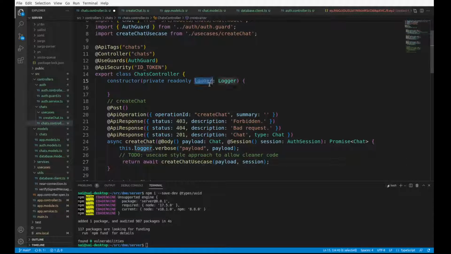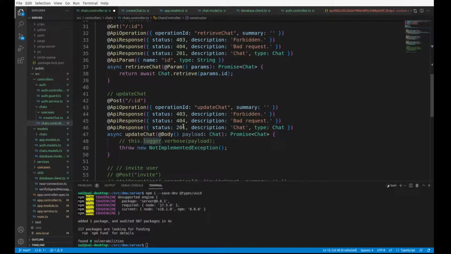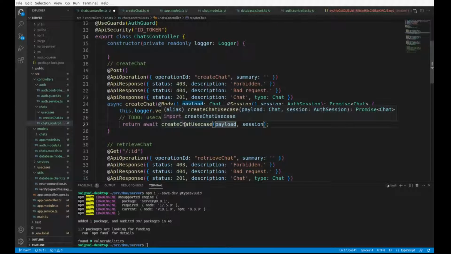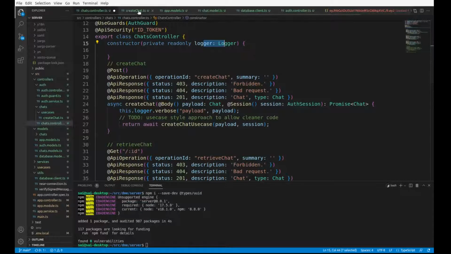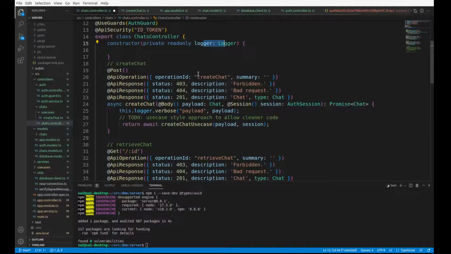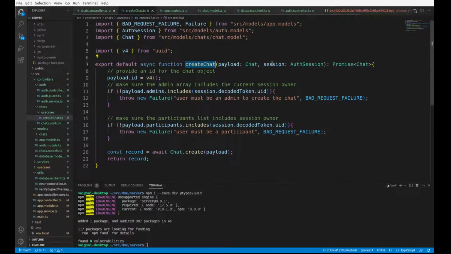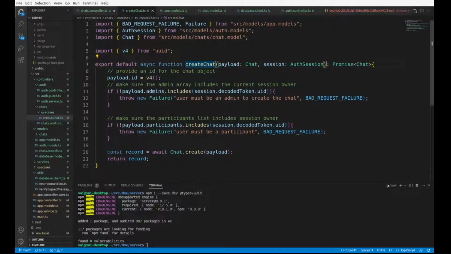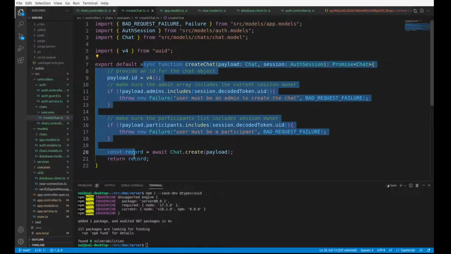We should also be able to pass in the logger just to be able to make sure that it also helps to pass the logger in here, but honestly payload and session are immediately necessary for the actual implementation, but it kind of is silly to include services that are not important to the actual code but are still kind of necessary. So normally what I do for this kind of a scenario is, rather than having a function like this,